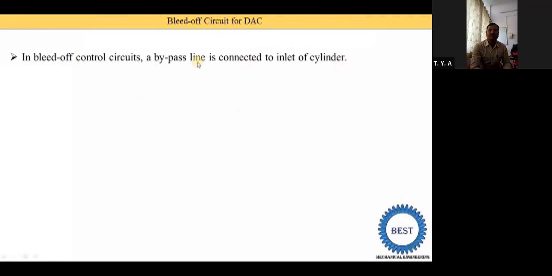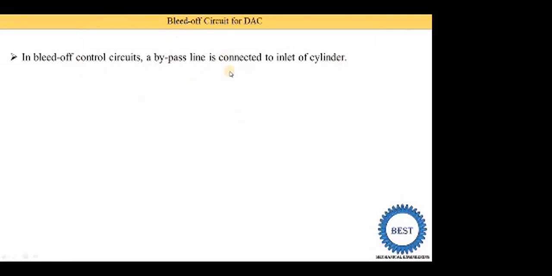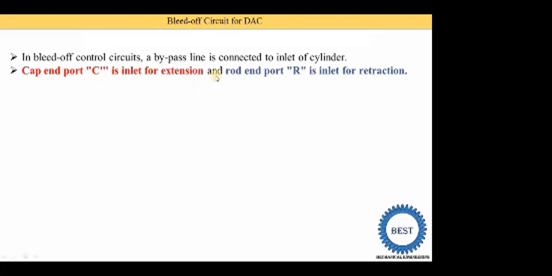Means in a bleed off control circuit, we are providing the flow control valve in a bypass line, means we need to provide one bypass line, okay. And the bypass line is provided at which location? At the inlet of the cylinder, okay. So we know that the inlet of the cylinder is changed, okay. During the extension stroke, the left side is the inlet, and for the retraction stroke, the rod end port R is the inlet for the cylinder. So cap end port C is the inlet for the extension stroke, and the rod end port R is the inlet for